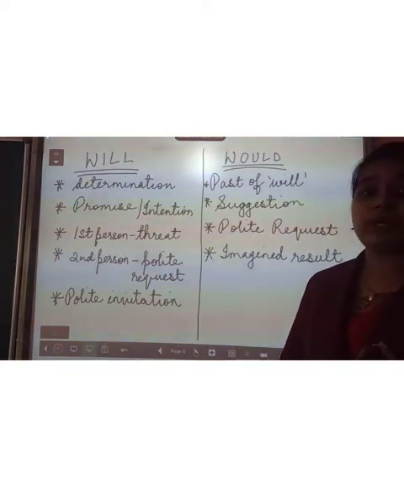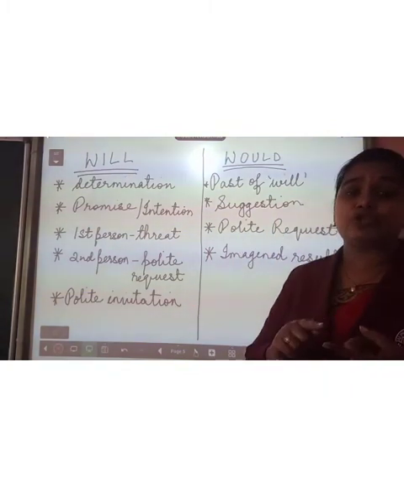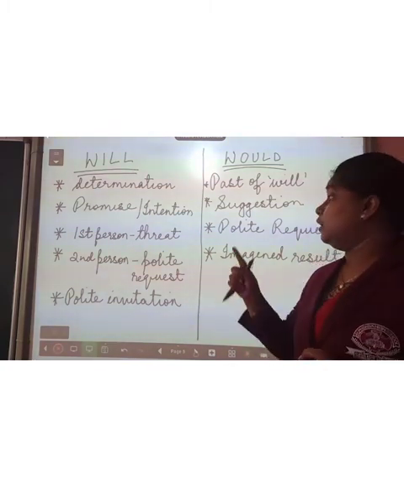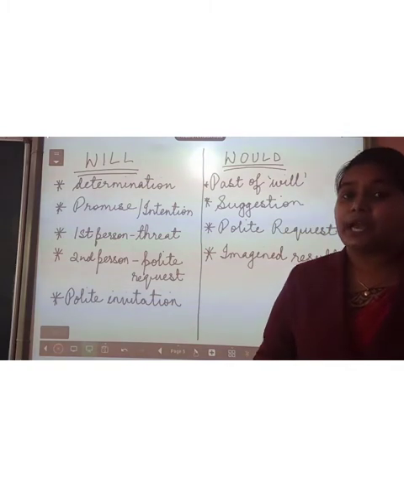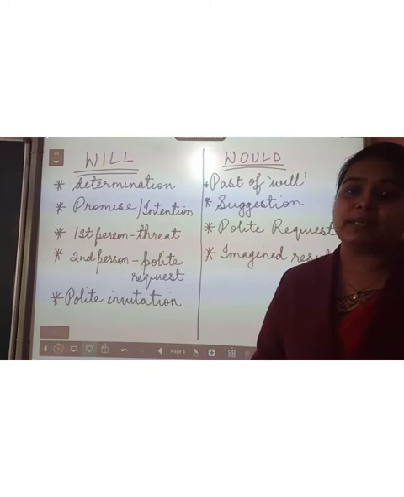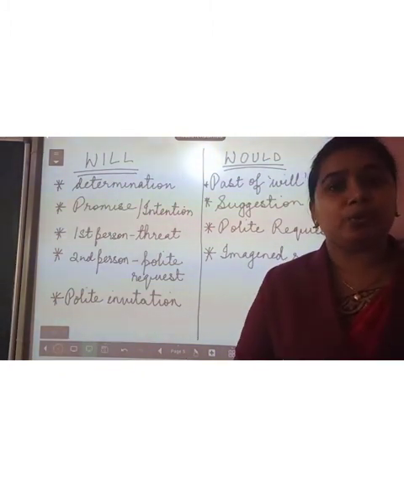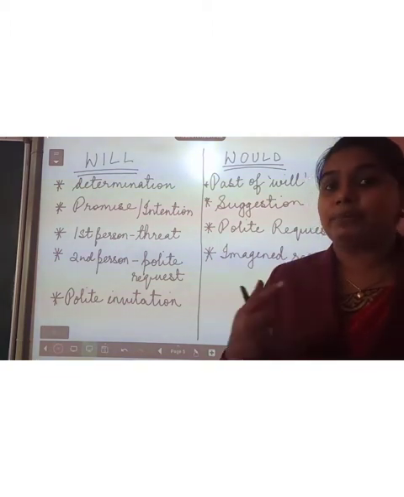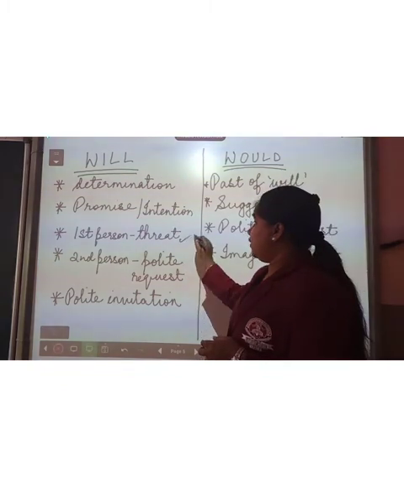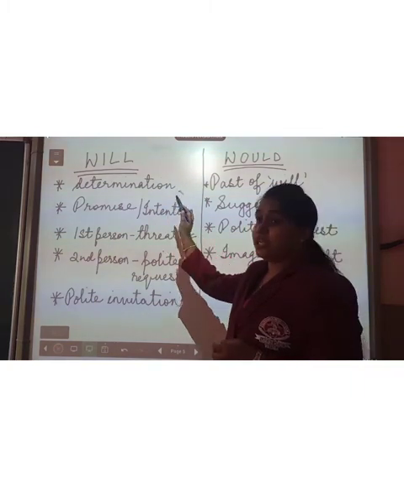Let us move further. Next one is will and would. Again, would is the past form of will. Will is used to express determination, intention, or if you are making any kind of promise. Will is also used with the first person if you are making a threat. I will throw you out of the class. Here I am giving a warning, a threat. So with the first person it is used for threatening. And as I told you, it is used for determination, promise or intention.